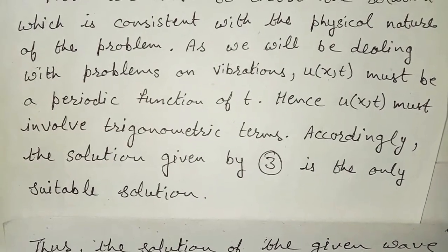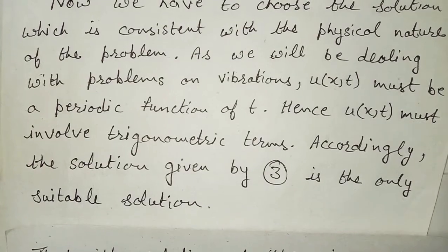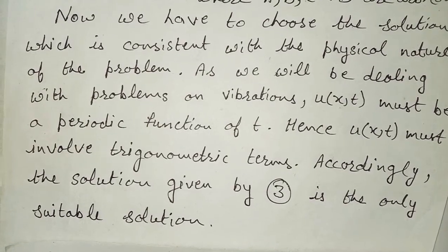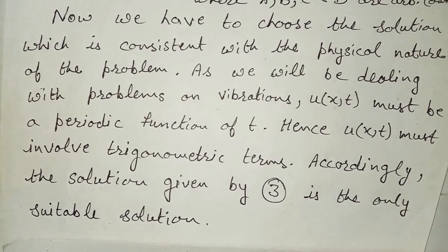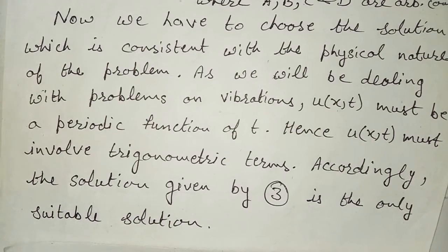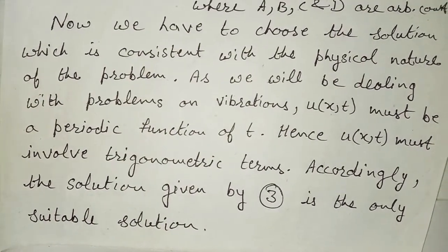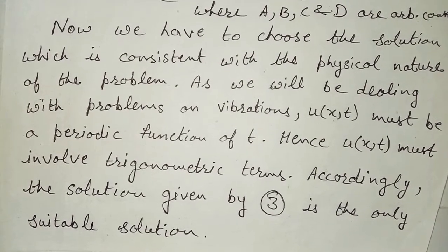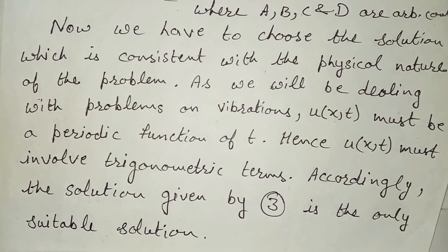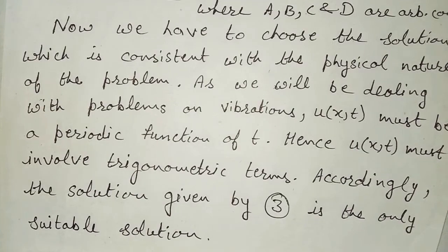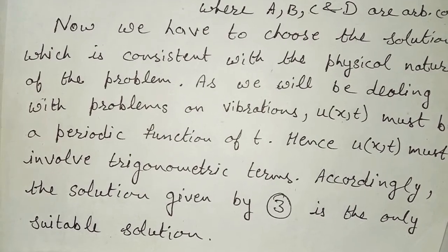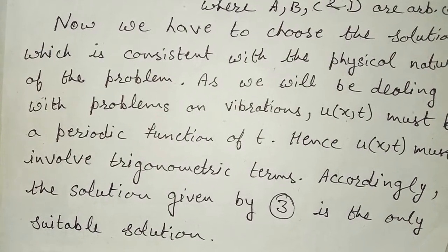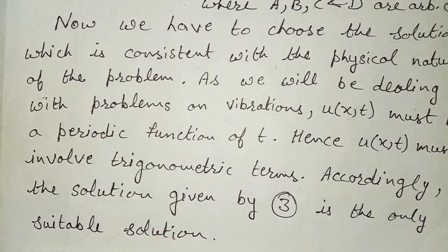It means whenever any problem is given for the wave equation, directly after equation number 2, when you have the two ordinary differential equations, we directly come to this third case. You need not discuss the first case and second case. For all the wave equations, we directly come to the third case when lambda is less than 0. And you don't need to explain why lambda is not positive or why lambda is not 0.